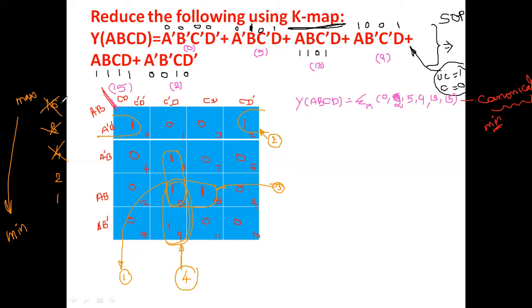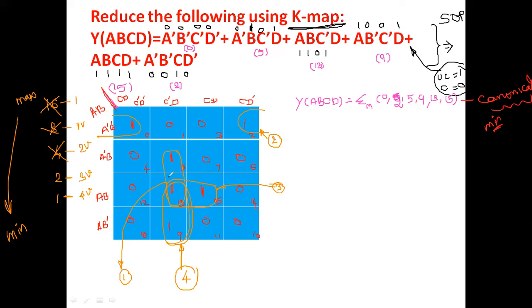So you know already that if all 16 cells are ones, the result is 1. If 8 ones are grouped, the result is one variable. 4 ones mean the result is a 2 variable term, maybe a combination of a complement and a complement variable. If 2 ones are grouped, a 3 variable term is the result. Only one cell, solo grouping, means 4 variables is the result. So in this problem, all are groupings of 2 ones.